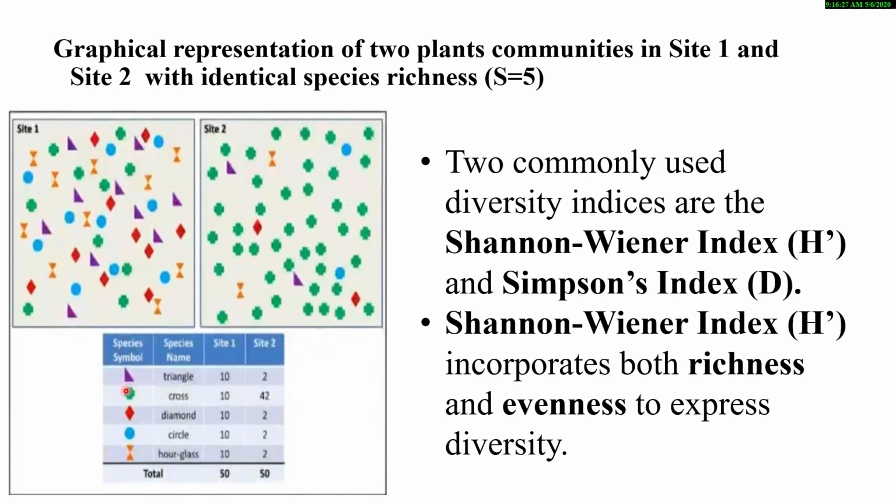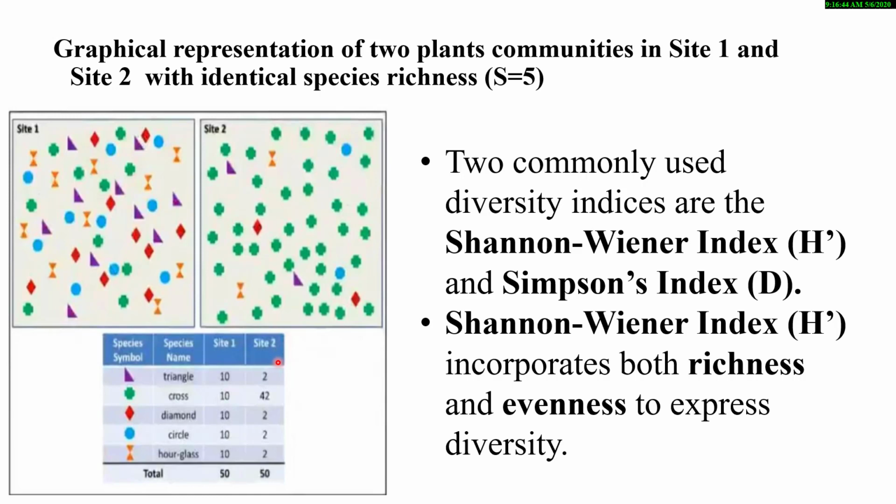We have 1, 2, 3, 4, 5. The two sites have the same number of species, 5 species each. They have the same number of individuals,